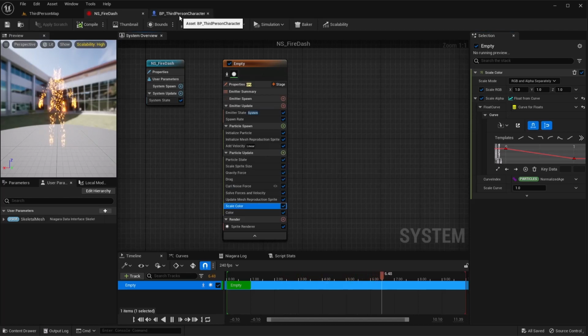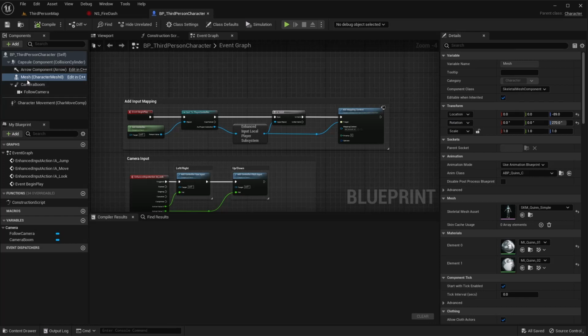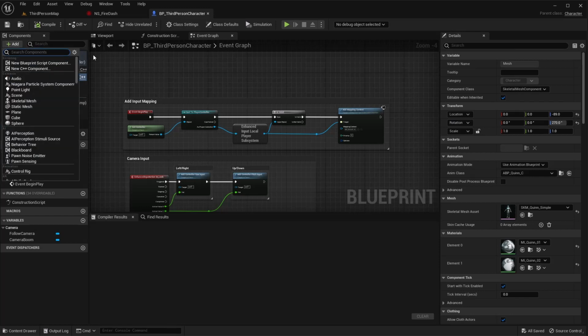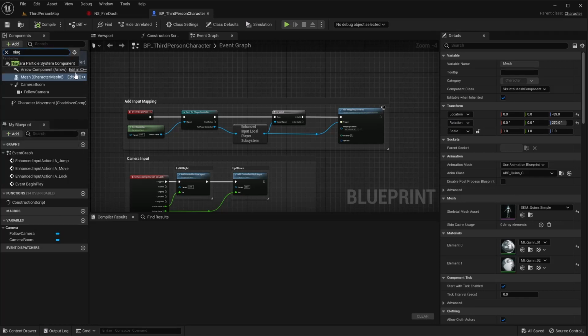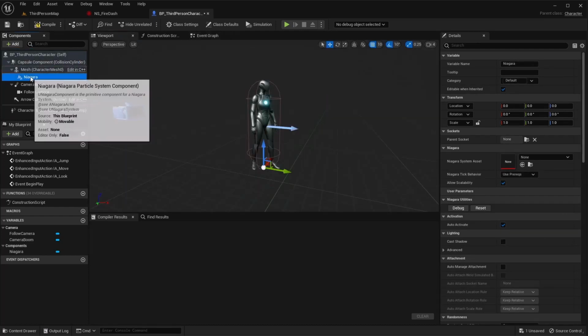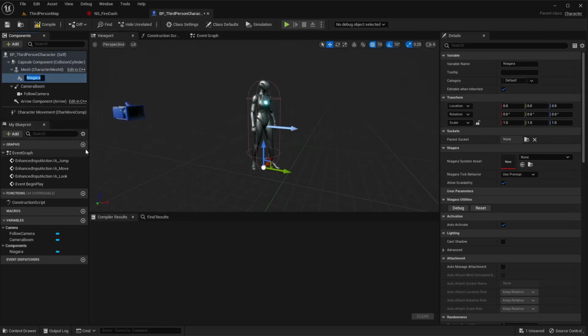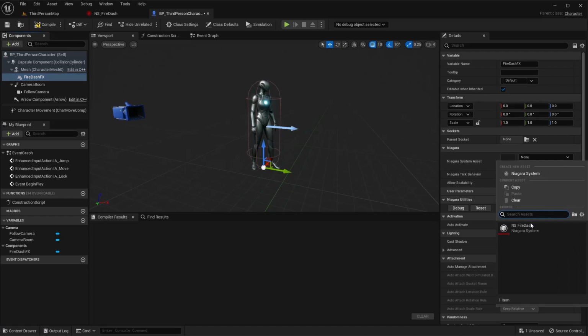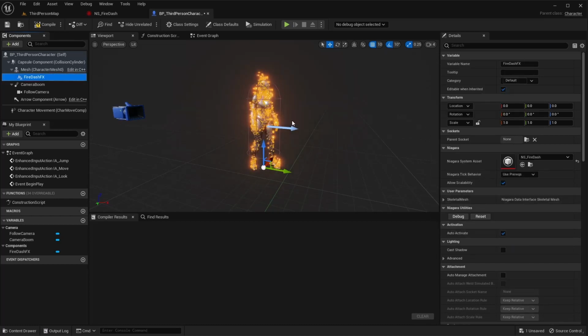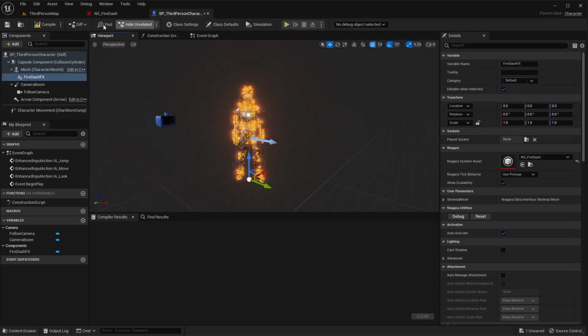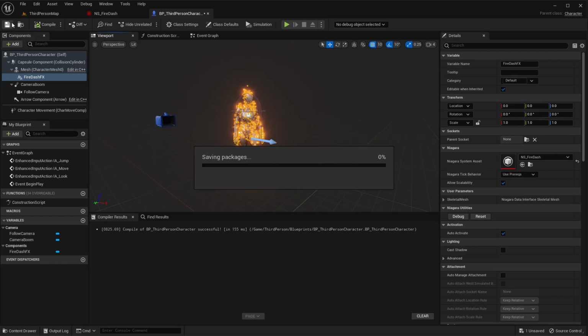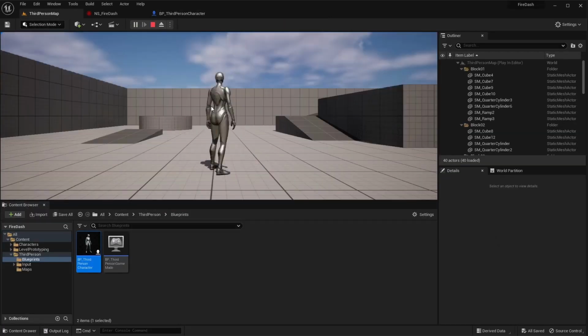The next thing we want to do is go to our third person character. And on our mesh, we're going to add that Niagara system. And I'm just going to rename this to Fire Dash FX. And let's set it to our character. And that's the basics of it. Now it's applied to our character. If we save this and run it,